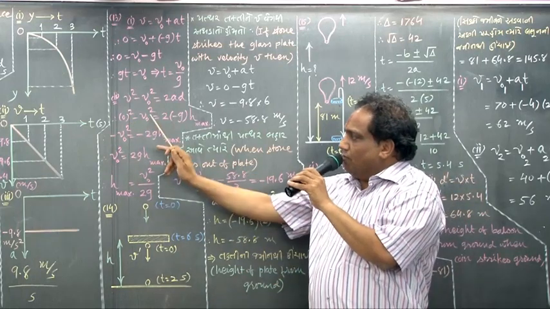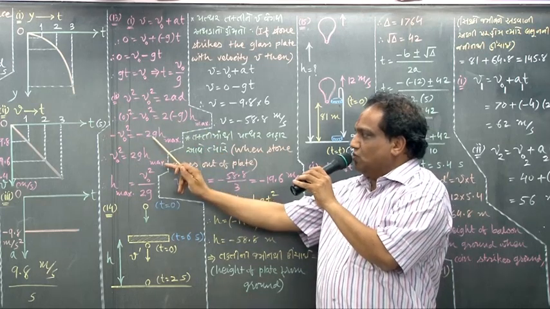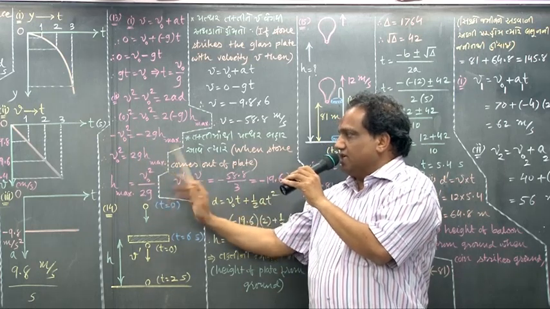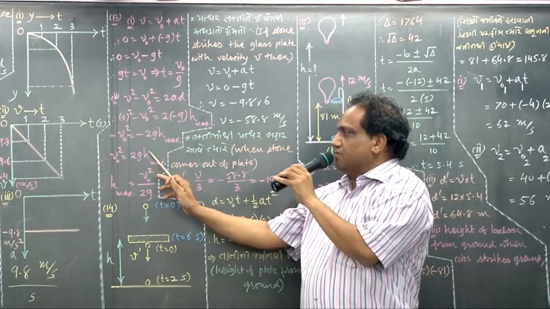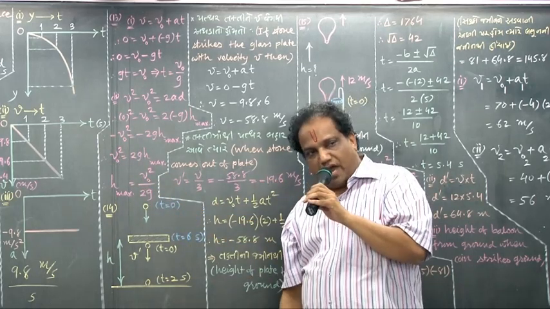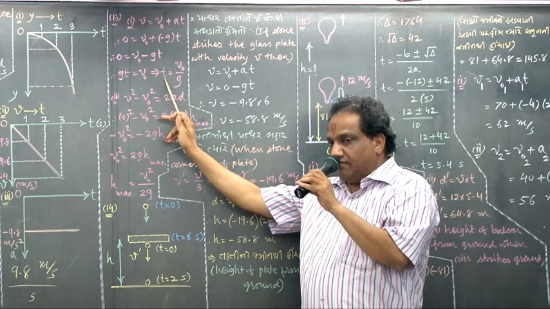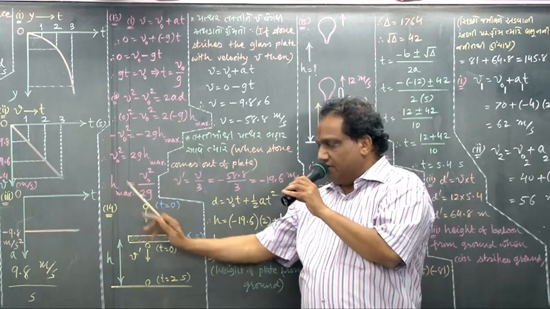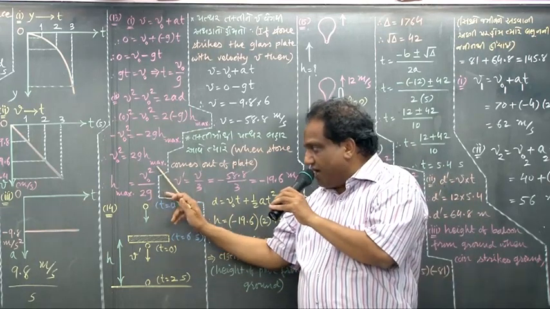Come on, this part is 0, minus V0 square, equals minus 2G H maximum. Everybody, minus 2G, minus minus plus. So V0 square equals 2G H maximum. Find out H maximum: transfer this 2G into the denominator. So H maximum would be, come on everybody, V0 square upon 2G. What is this? The time taken to achieve maximum height. What is this? The maximum height itself. What is the formula? V0 square upon 2G.